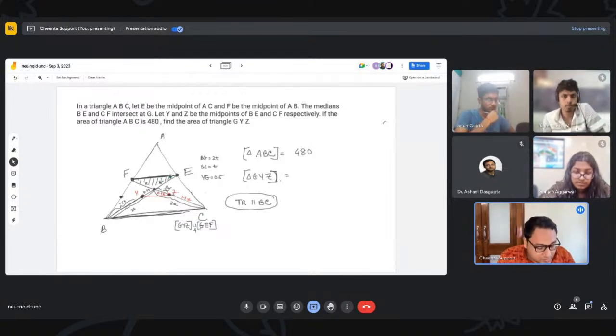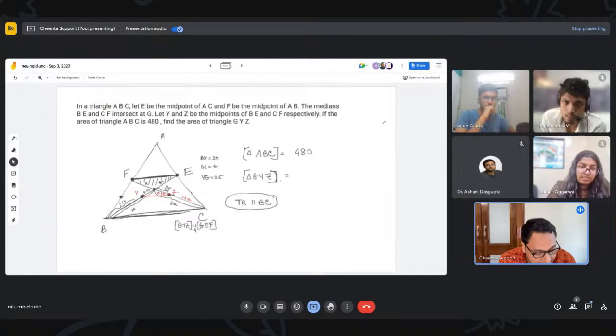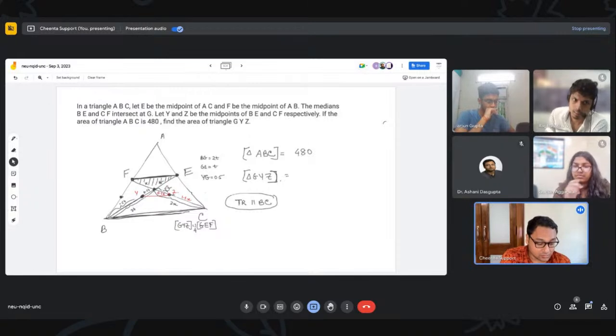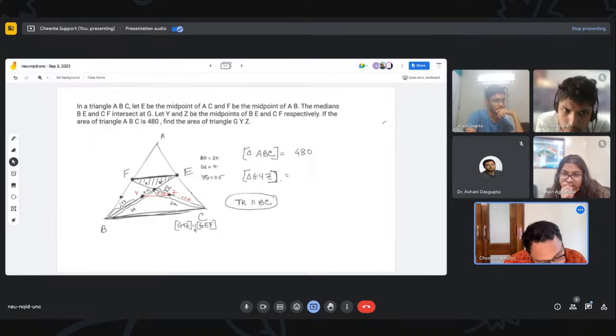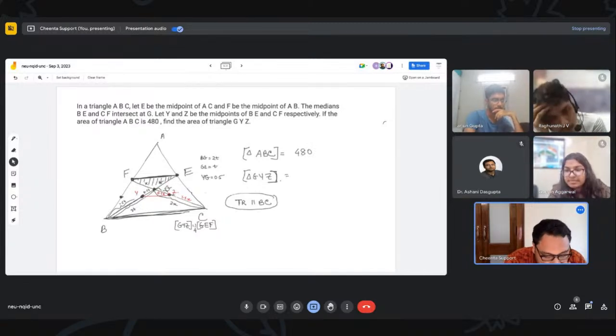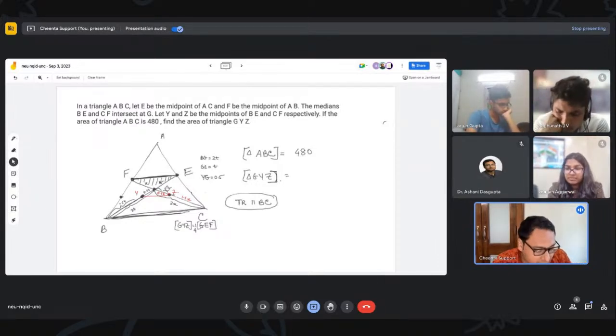Okay, so now the question is, what fraction of the entire triangle ABC is triangle GEF? Okay, so let's see how we can do that. So okay, we can do this very easily actually. So let's see. We know that